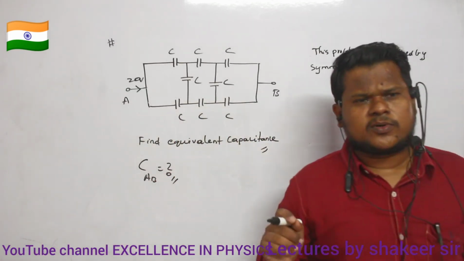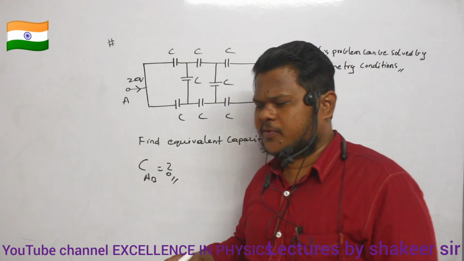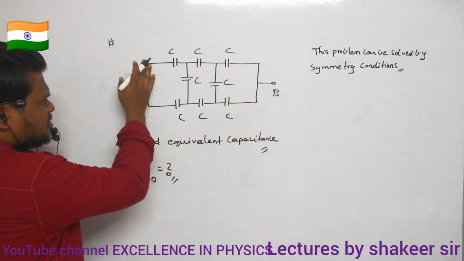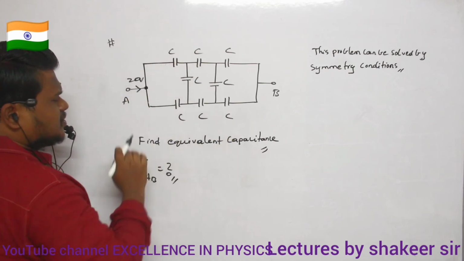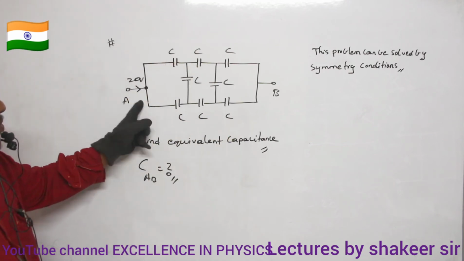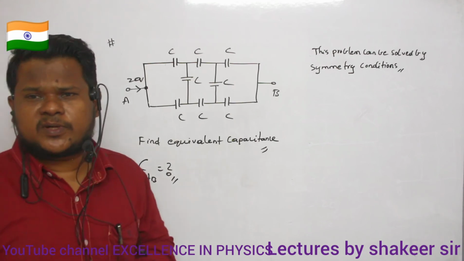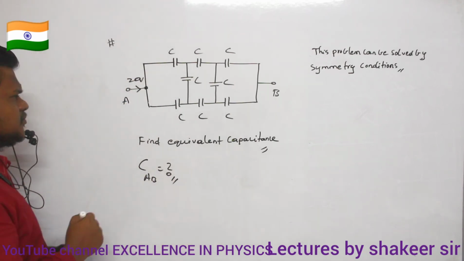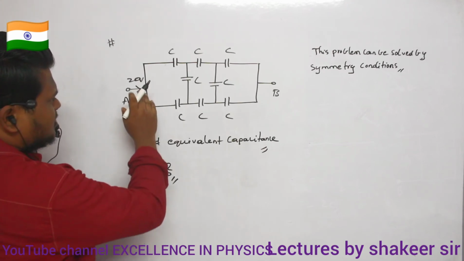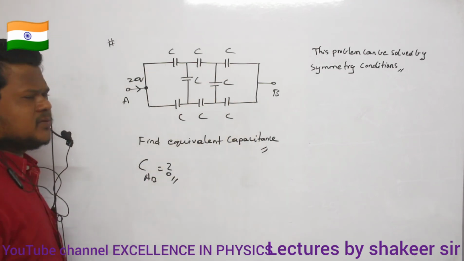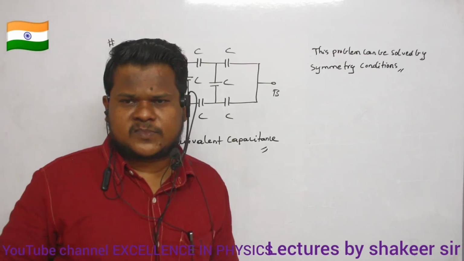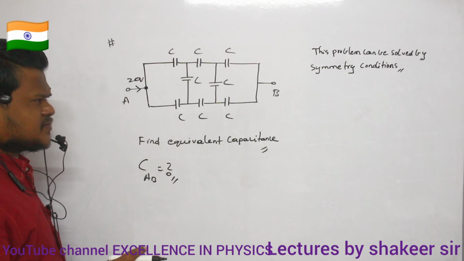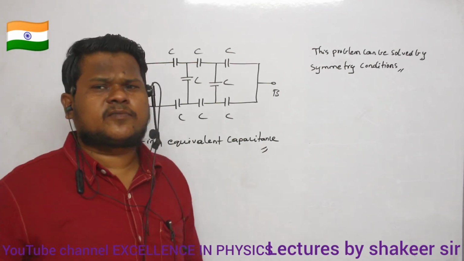Then this 2q amount of charge, can you say how it will be distributed? After reaching this point, it sees two branches, no? So this is one branch, this is one branch. Now can you say how this 2q amount of charge will be distributed? Will it be distributed equally? Definitely it will be distributed equally, no? Why will it be distributed equally? Because the upper circuit and the bottom circuit are exactly symmetrical. What are the total number of components on the top side and on the bottom side? They are exactly equal.